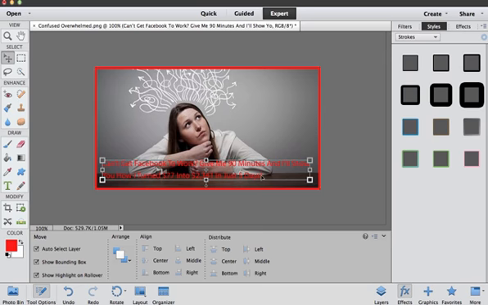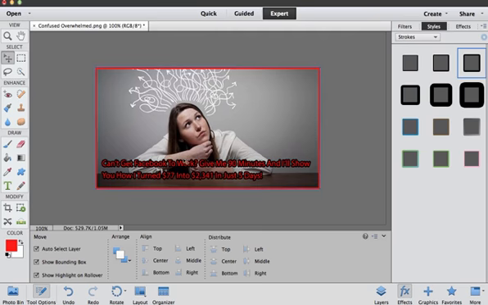So the next thing we need to account for is the fact that it's pretty hard to read that text, as you can see. So what we're going to do is add a stroke. How you do that, you select the text. If you don't know how to use Photoshop, go onto YouTube and search Photoshop tutorials. All you would do is select the text, go over to the effects tab down here, select strokes out of this menu, and select the stroke you want. I like this one, the 10 pixels. And as you can see, it just added a black border around that text, which makes the text much more